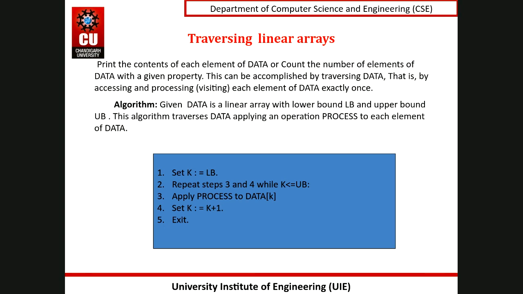See, data is nothing but the name of your array. Okay. So your K is nothing but the I which I was talking about. I have taken I, but you can take any variable: A, B, C, K, anything. So K has been initialized to the lower bound, okay? Or you can simply do K equal to 1; you can initialize it either way. See, the initialization is like this, okay?